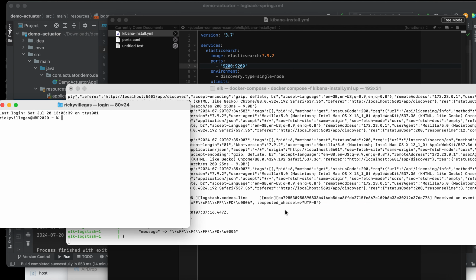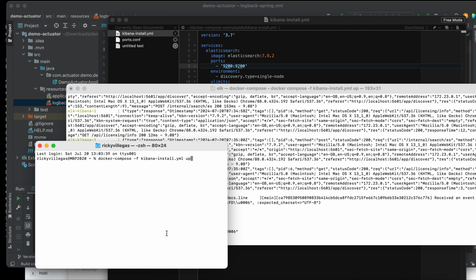The command should be like this: docker compose dash f, then the name of your script, YAML. In our case we use Kibana install .yaml. Okay, then up. Once you execute this script, your ELK will be installed accordingly, right?